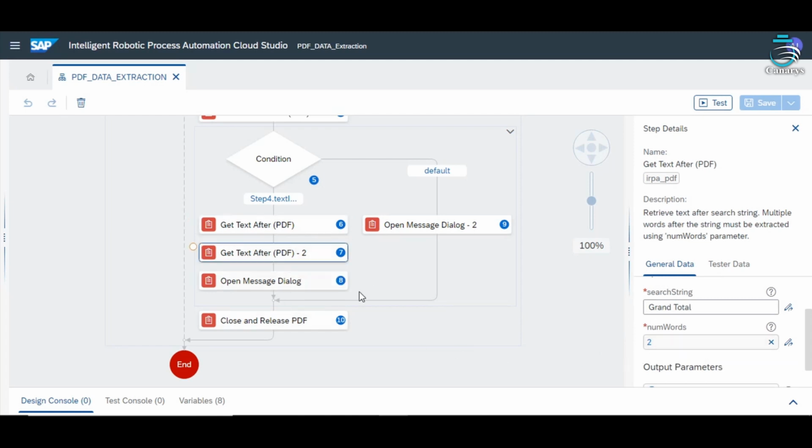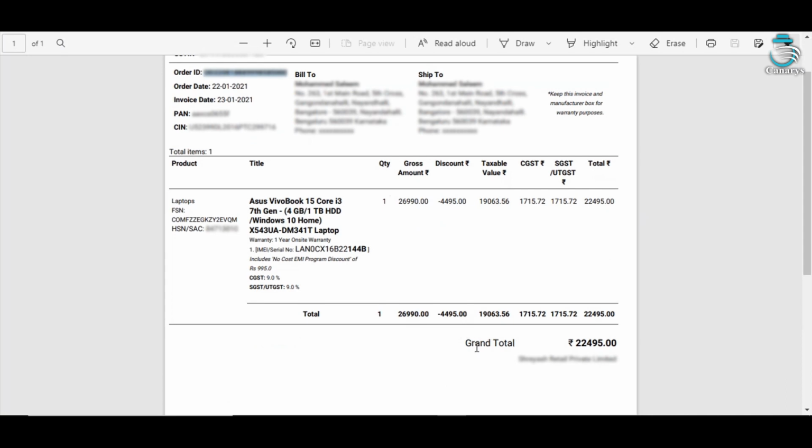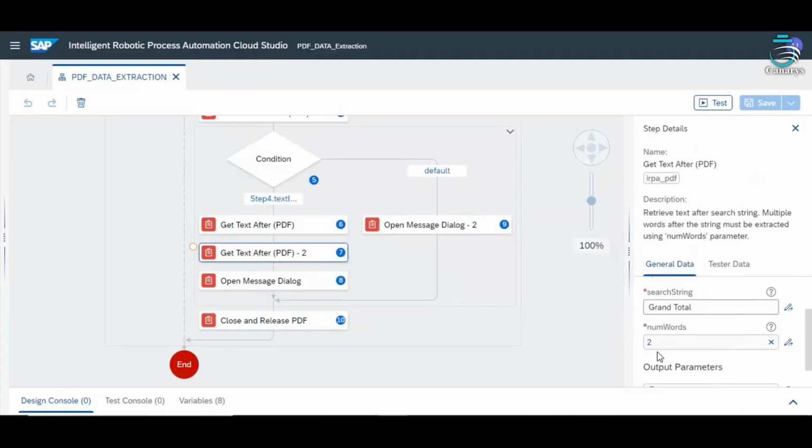Then I have given get text after for grand total. Here I have grand total in the PDF. So for fetching this grand total, I have given get text after, and number of words is 2. So after grand total, 2 words are fetched from the PDF.